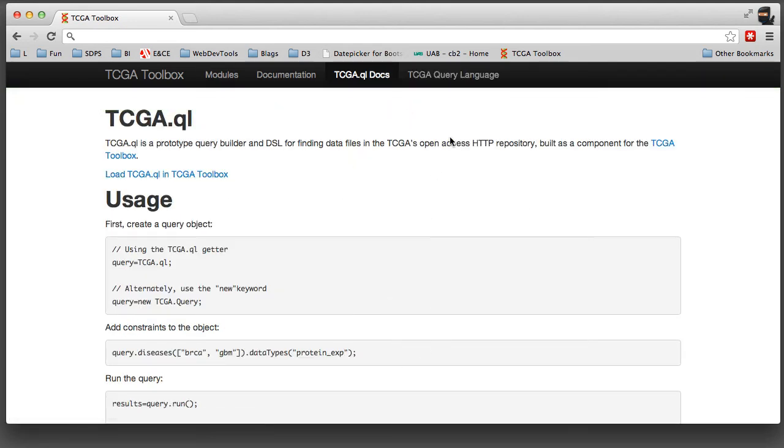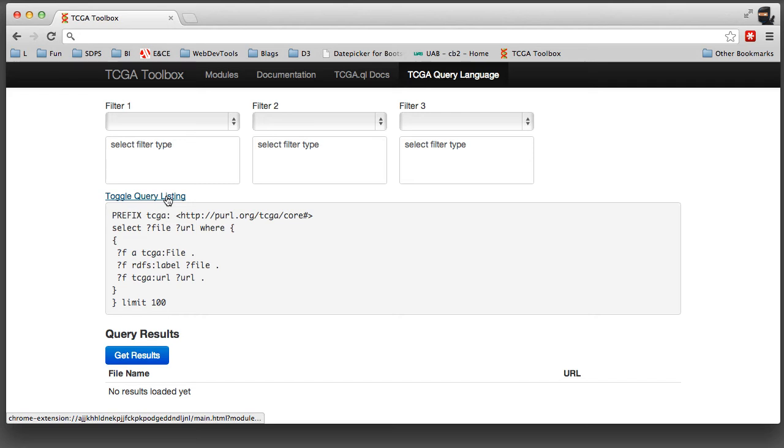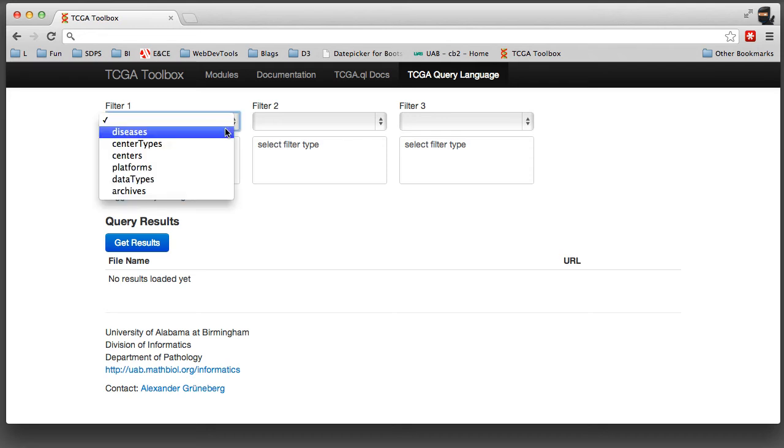Here's our TCGA.ql docs again, but now we also have this second tab, the TCGA query language. Now this provides us with a column browser type interface. Below we see listed the file names and the URLs. Here we have a query listing that can be toggled, hidden, or shown. And above we have a list of 3 filter types. So let's select a filter. Let's select again the GBM filter type